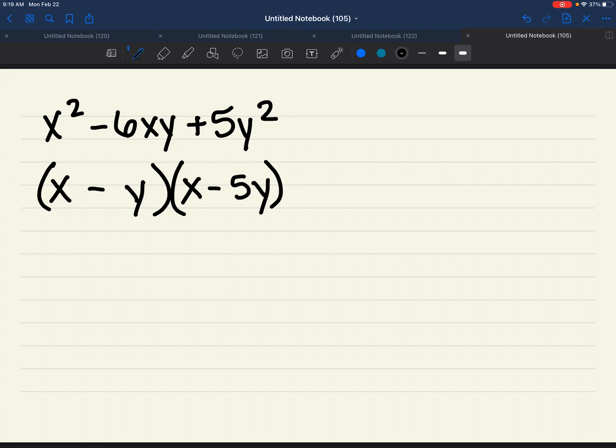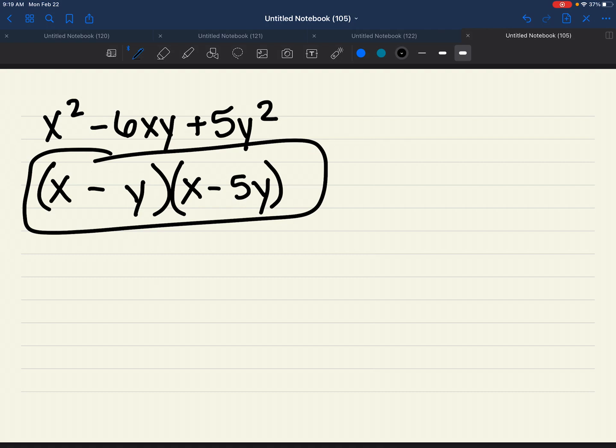Both of them are negative. How do you know that, Grayson? Because there's only one subtraction. Because a negative times a negative would give you positive 5y squared, but they would add to get negative 6. Now, can anyone explain to me why this middle term has an x, but neither of these last terms do? Because when you multiply the x out, it'll be put there. Because when you FOIL, right? The x times the negative 5y, then you'd have x and y. Okay? So, really, the only difference here, you guys, is that you have to put y